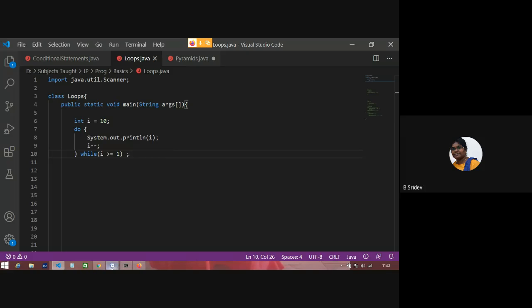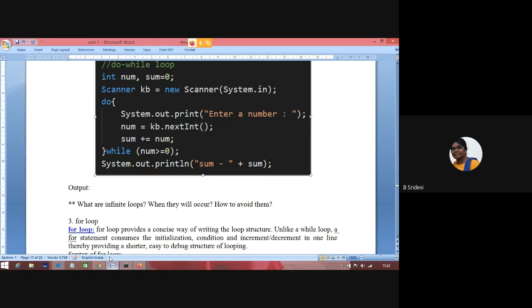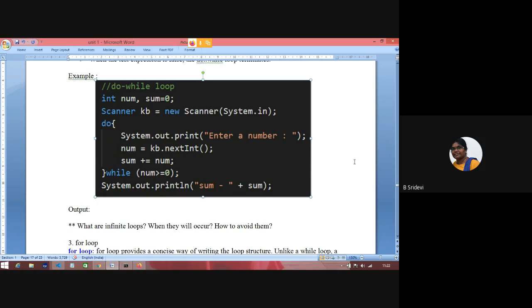So now I'll show you a simple program. You just guess the output of it. Okay, this is the program. Don't guess the output. You just tell me what it is doing.